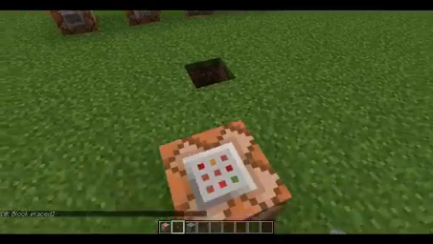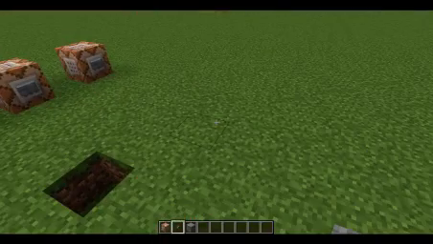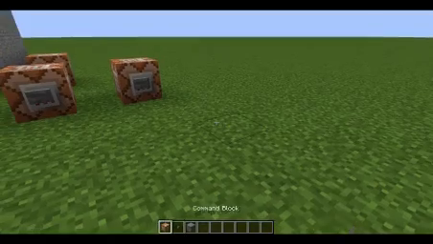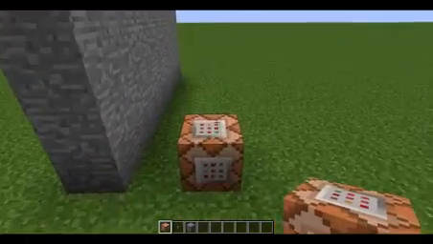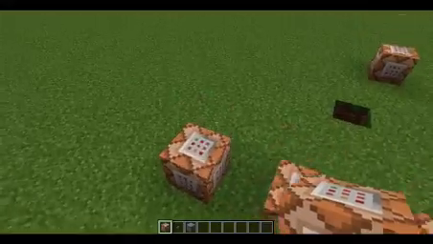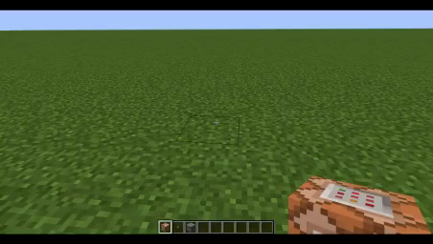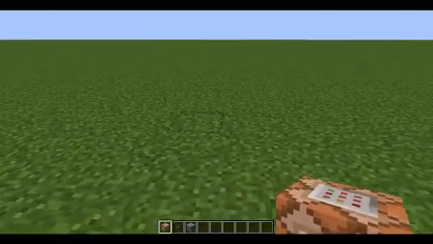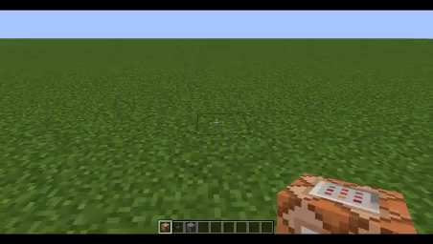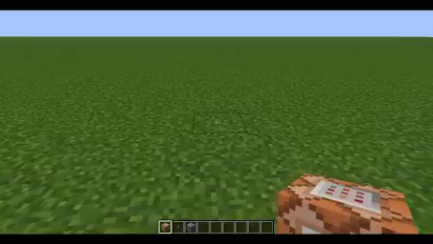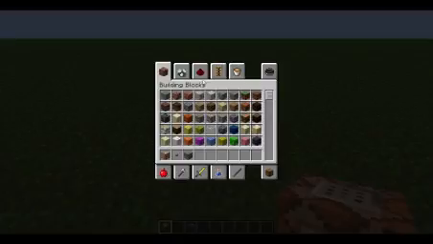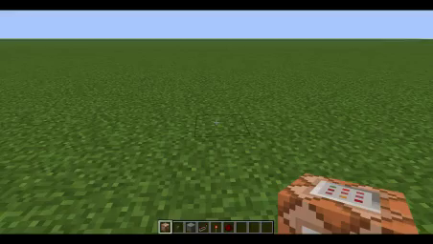So I figured I was going to teach you that before we do the next subject, which is if you wanted to make, say, a cool machine. Most machines are automatic, so they check automatically however many times a second, which means you need a clock or something to run on. Well, a clock can be something as simple as just redstone repeaters like this,